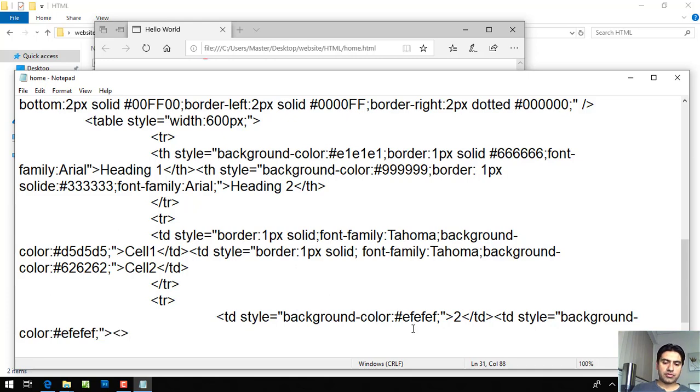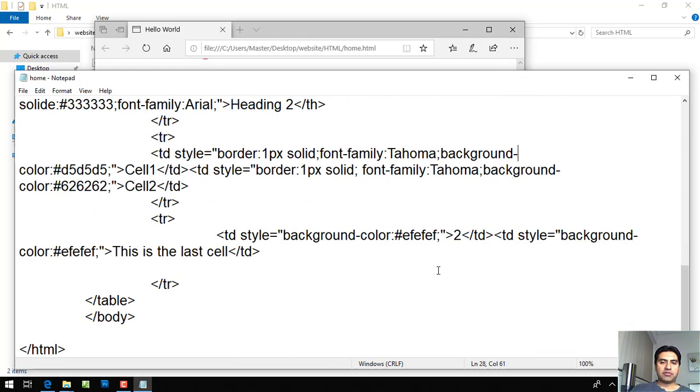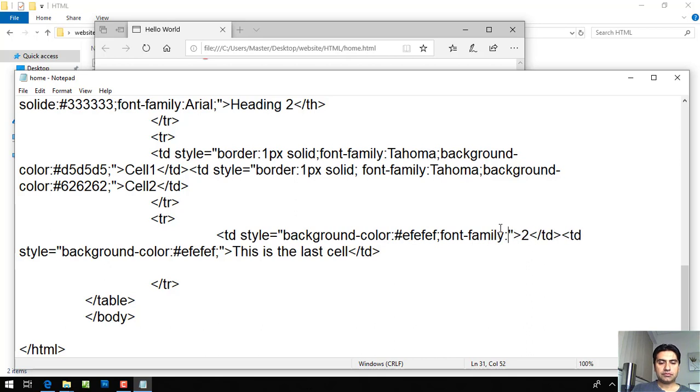Okay, I'm going to close the table. This is the last cell. If I refresh, as you can see, I have added 2 rows under the heading. So this is actually the full table. If I have to change the font for these 2 cells, I would go here, font family, Tahoma,